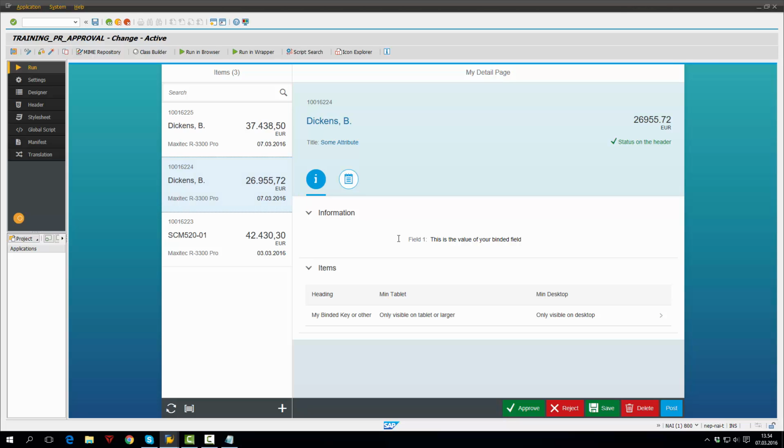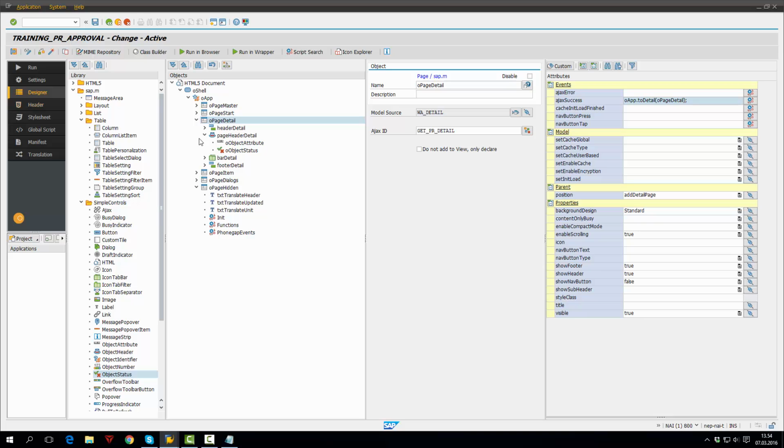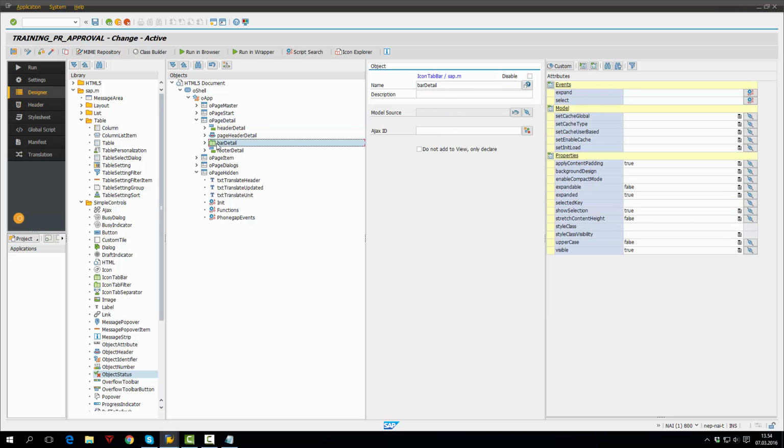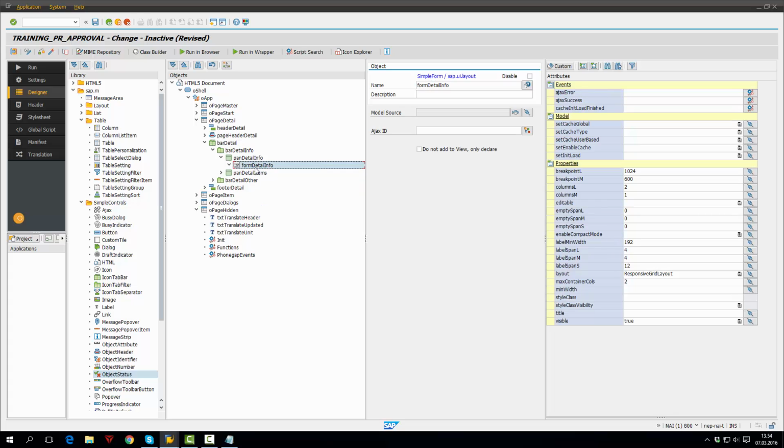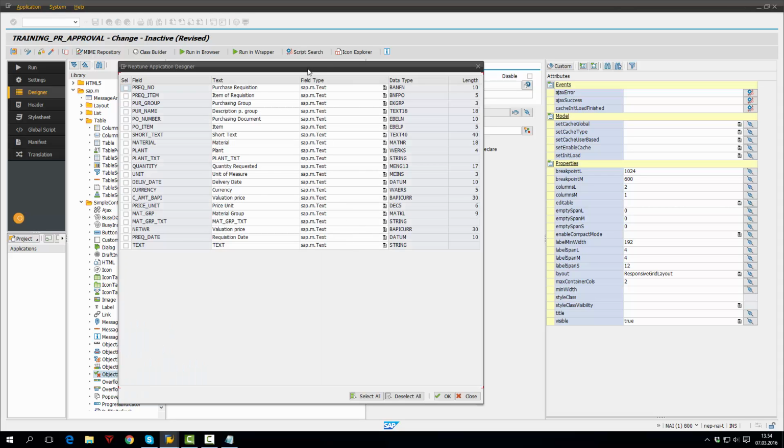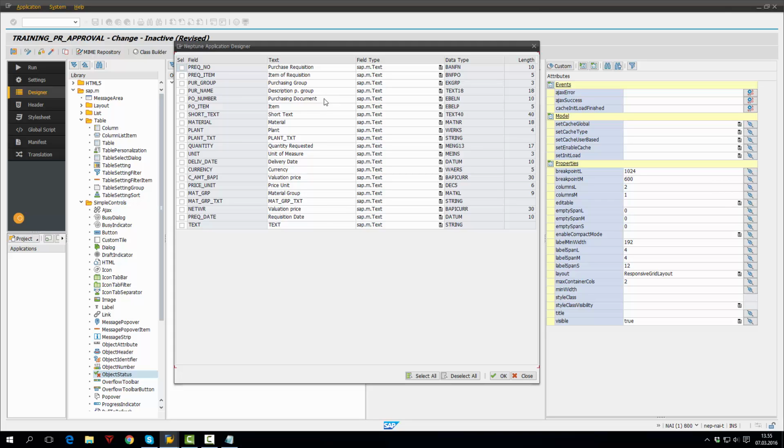I can show how we can add some more information. Go to the designer, and beneath the icon tab bar, we have a panel. The only reason why I had a panel is to expand and collapse. So we can use the form, just delete that one and right click. Using a wizard, it will read the binding from the parent, which will be on the page detail, and we will display data. And now it will read the structure of the requisition detail. Just add some